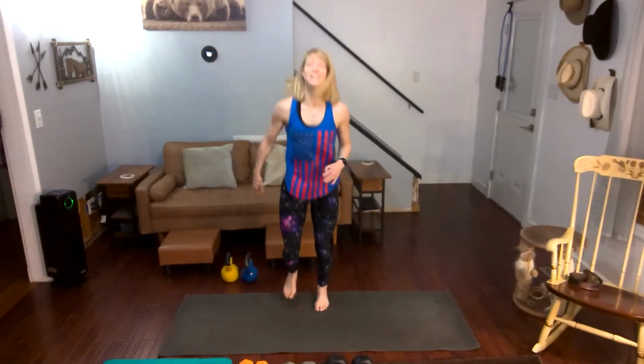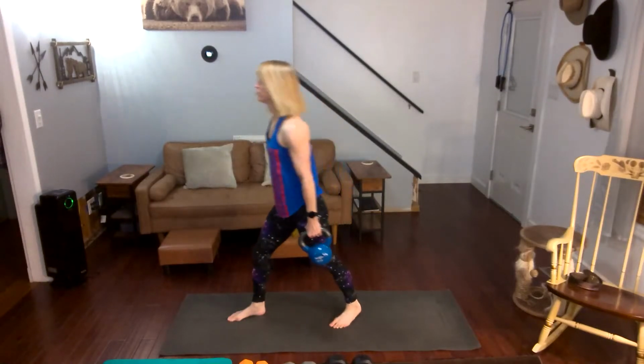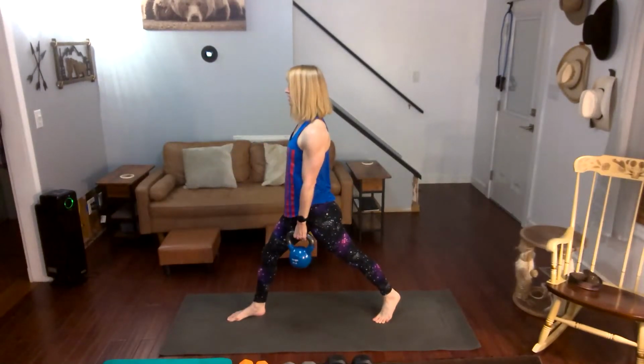All right, now we're jogging. And next thing we have is going to be a lunge on the right side. You can step it back each time and step it forward or stay stationary, up to you. But all on the right side for the first one. Then we're going to do jump ropes, and then we're going to do it all on the left side. And then jump ropes again, and into squats, side to side squats. So get ready, grab the weights, forward, backwards, and